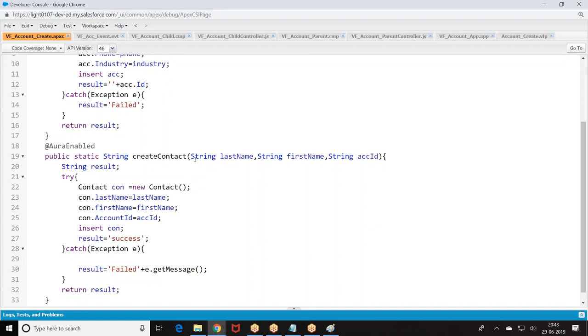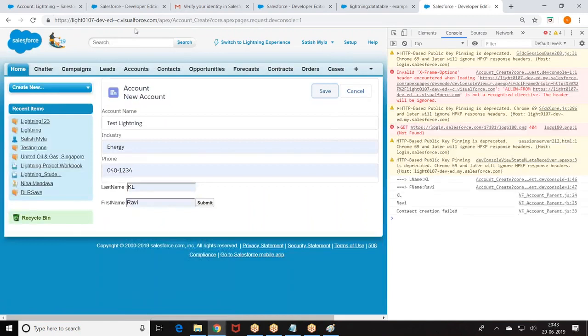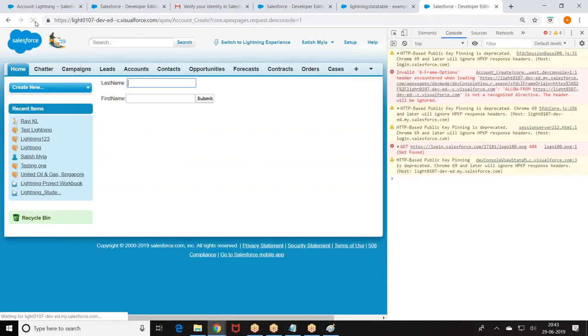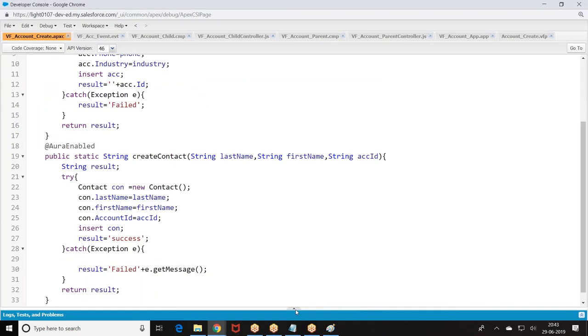Right, let me do one more time. Check the issue. The data is getting transferred to that operation, but DML is failing. We can cross check why the DML failed.